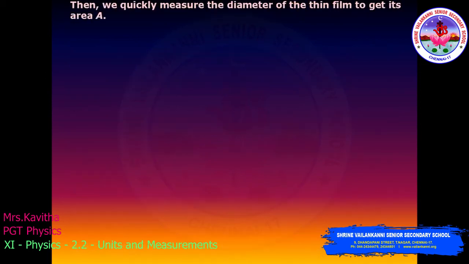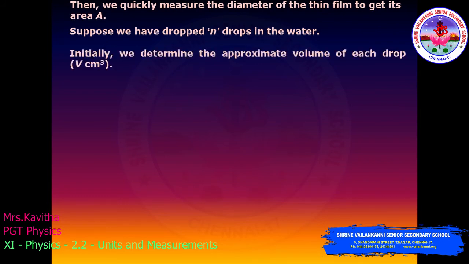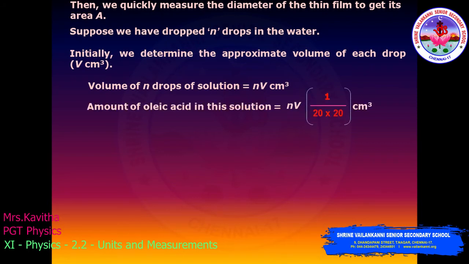Then we quickly measure the diameter of the thin film to get its area, right? So we can get the diameter through this. Suppose we have dropped n drops in the water. Initially we determined the approximate volume of each drop. So the volume of the n drops of the solution is nV, right? So the amount of oleic acid in this solution, nV, is equal to 1 by 20 by 20, 20 into